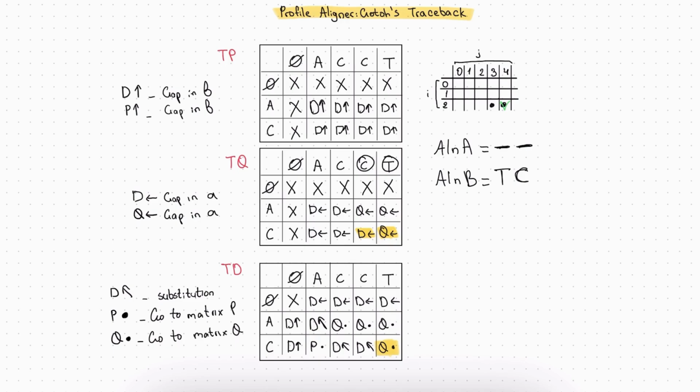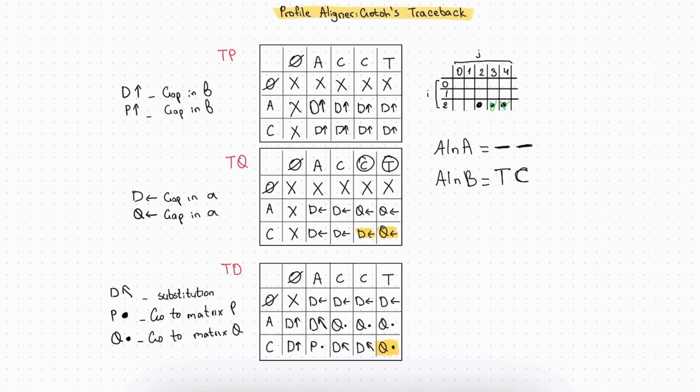Similarly, because we have a left arrow right here, we will move to the next column by decreasing J. So we've completed this one, and right now we will be looking at I equals 2 and J equals 2. But instead of continuing with TQ, we will move back to the matrix TD,